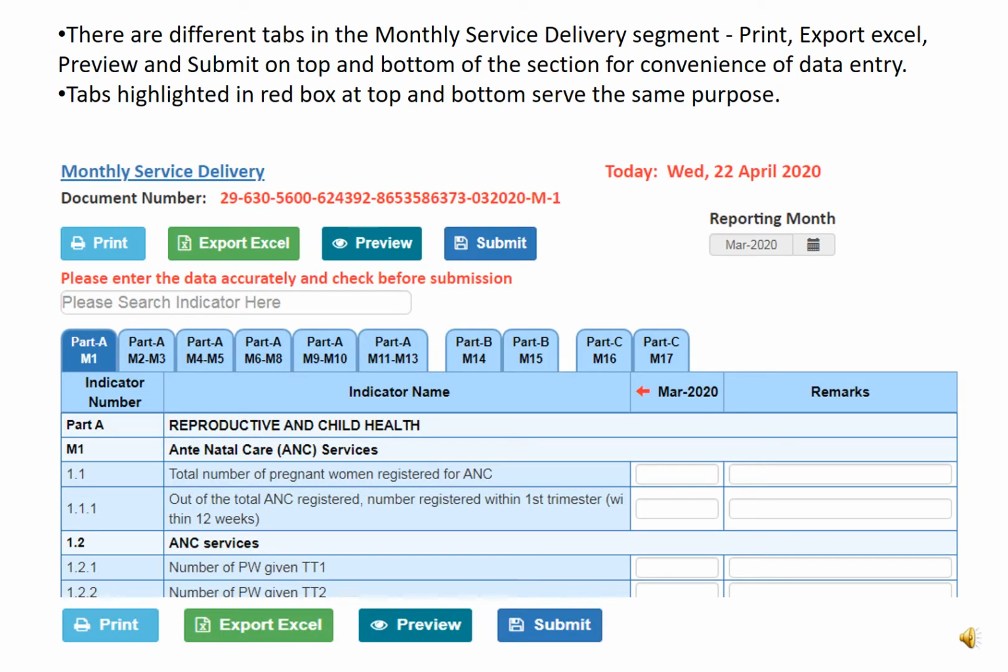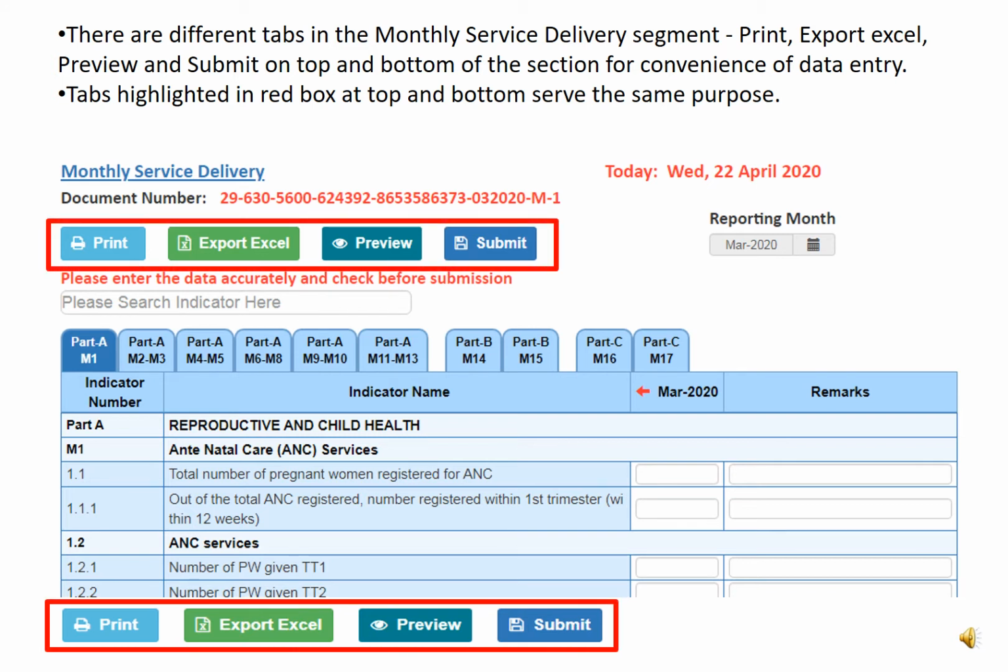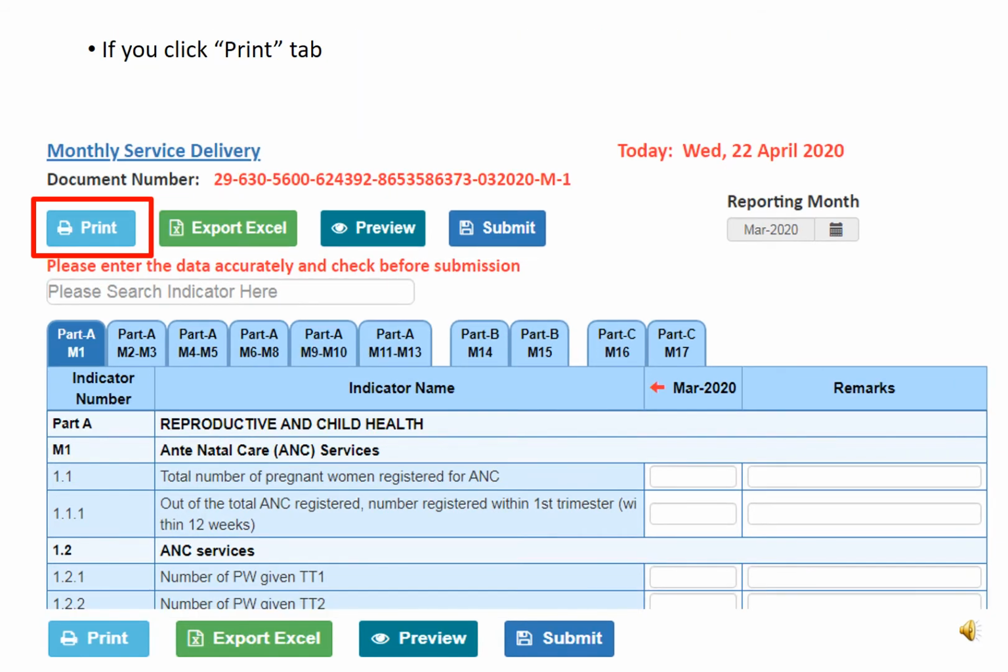There are different tabs in the monthly service delivery segment: Print, Export Excel, Preview and Submit on top and bottom of the section for convenience of data entry. Tabs highlighted in the red box at top and bottom serve the same purpose.